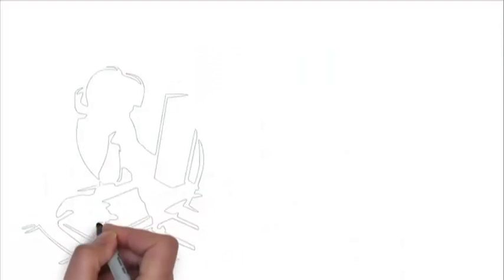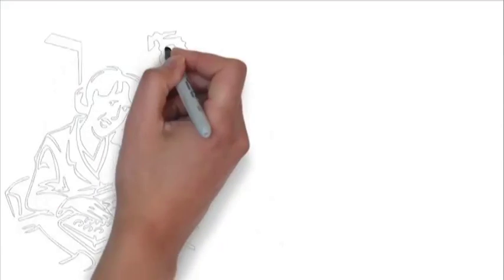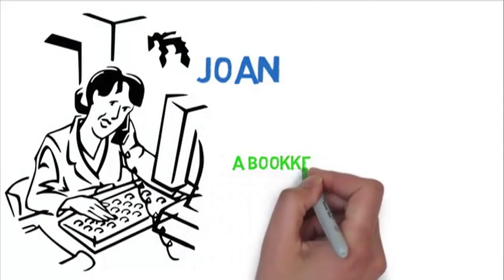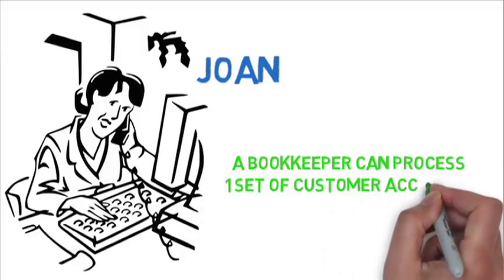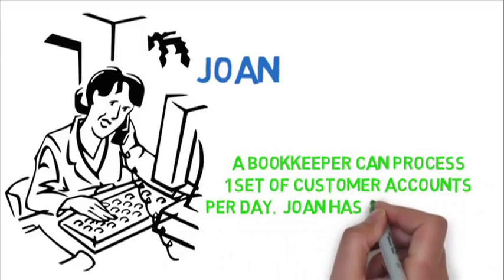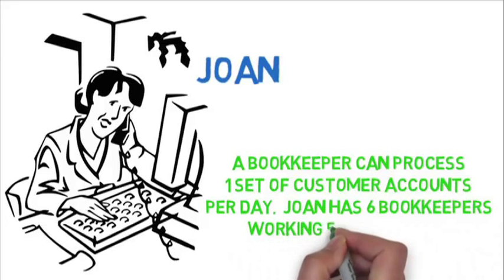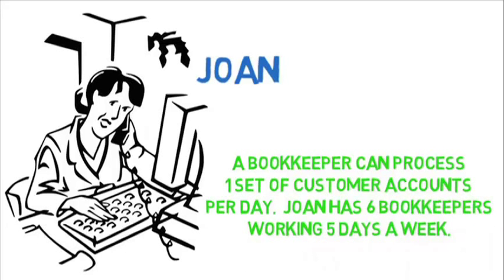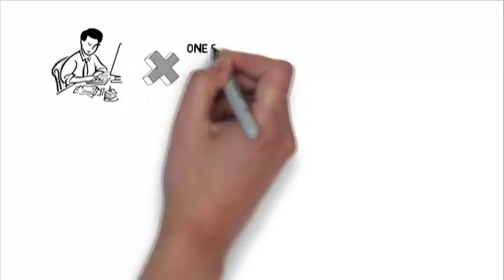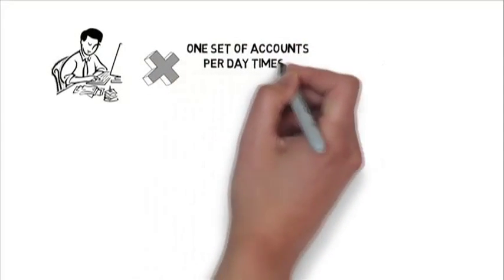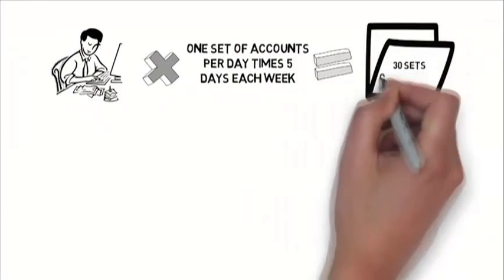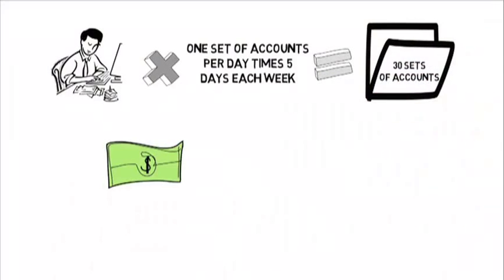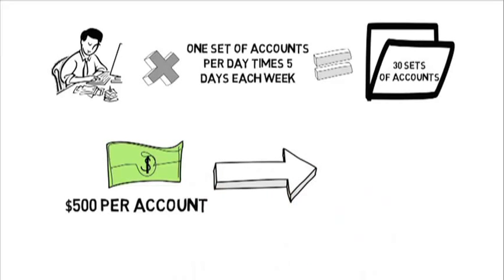Take Joan, for example. She runs a bookkeeping business with 6 bookkeepers. Joan is very happy because she calculated that in her perfect world, a bookkeeper can process 1 set of customer accounts per day, and Joan has 6 bookkeepers working 5 days a week. Joan is a top-shelf bookkeeper herself and has worked out that 6 bookkeepers each doing 1 set of accounts per day times 5 days each week equals 30 sets of accounts each week, and at $500 per account, she would